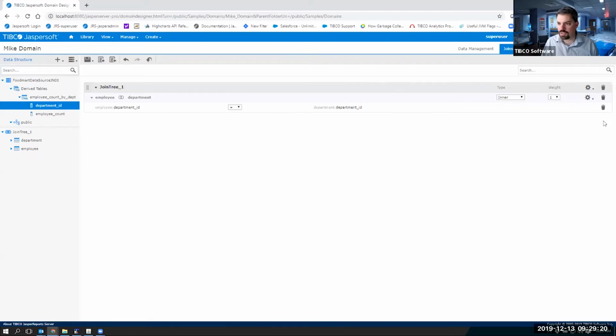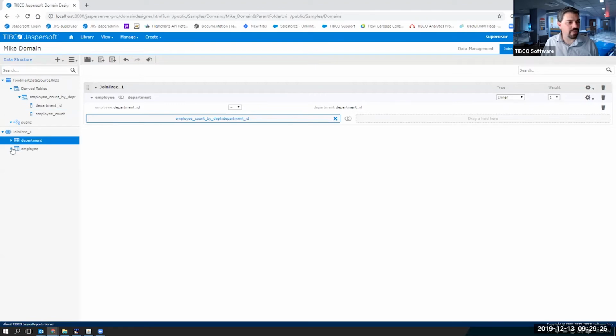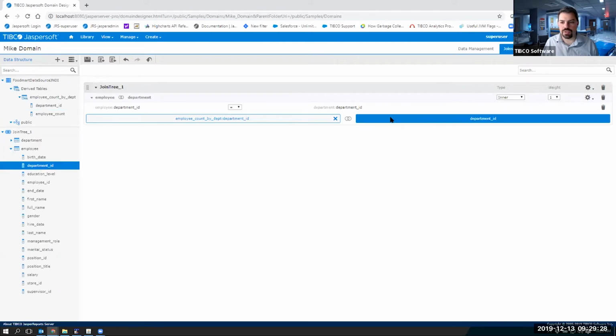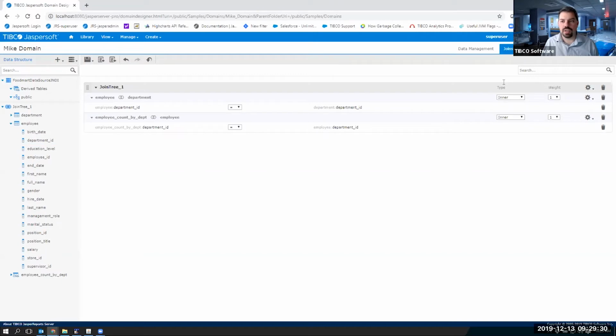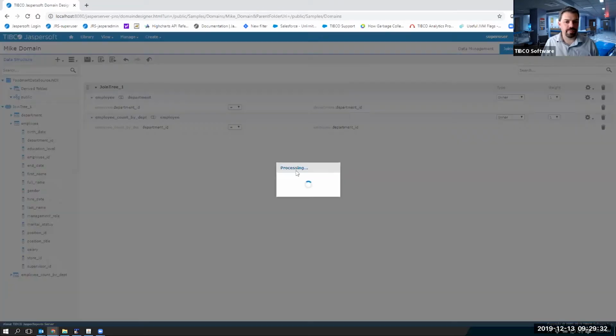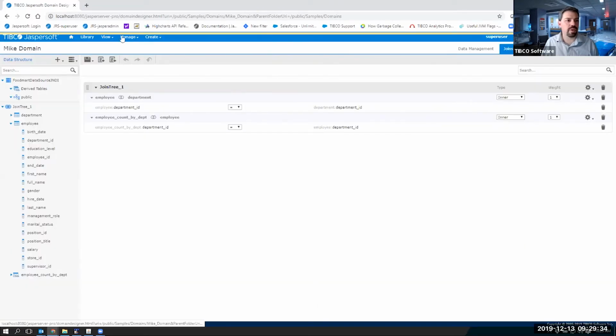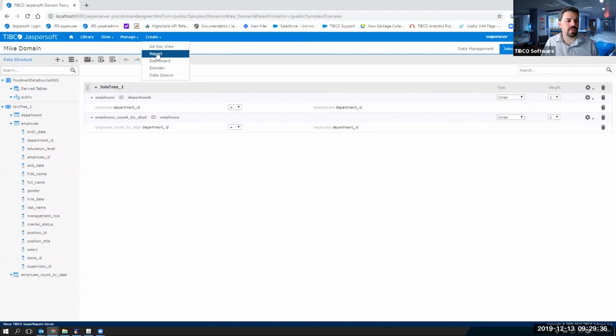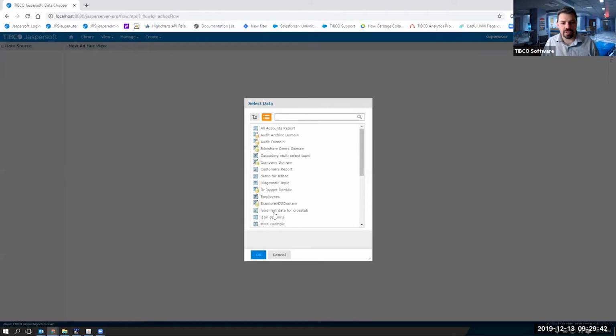And again, that's a separate join. So you drag into the join tree. And now if I go to the employee, I can join to the employee's department ID, and now if I save this, you will see now I will have access to the employee's data in addition to the department ID data.